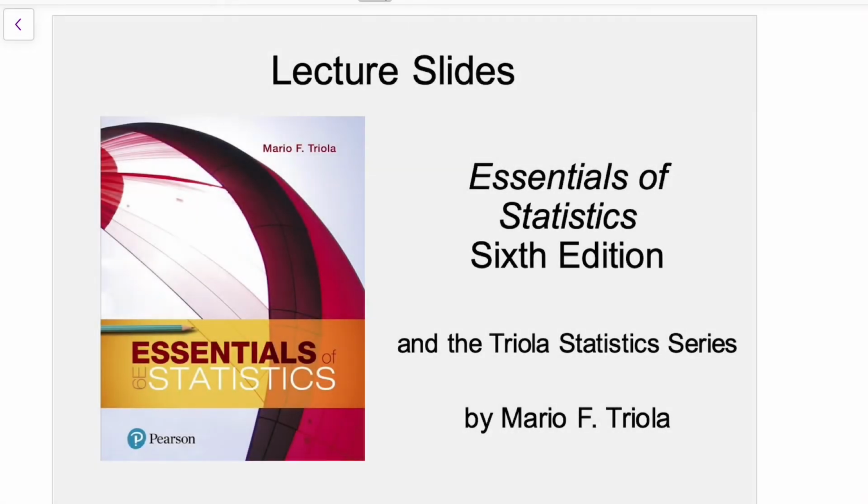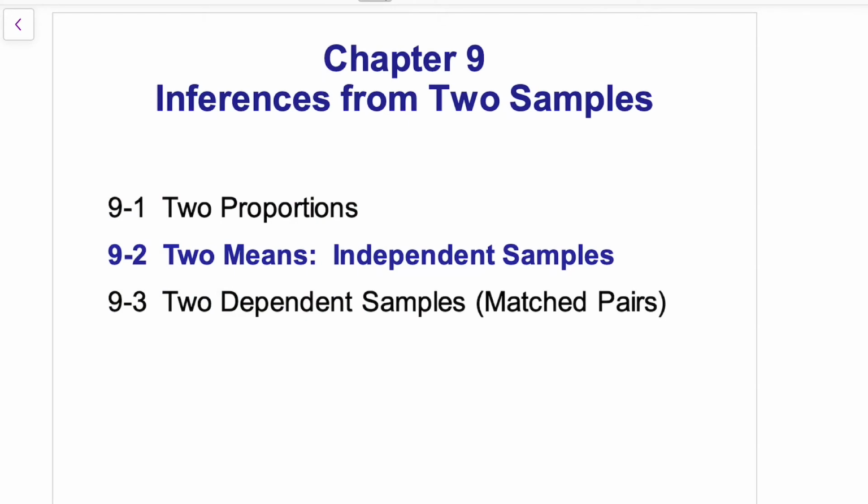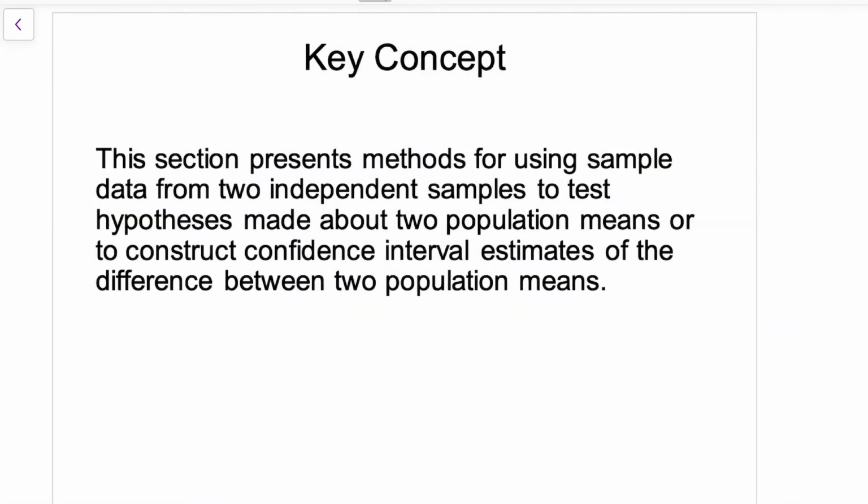Hello. In this video, we will continue with our study of Chapter 9. We will cover the method of formal hypothesis testing when we have two means and an independent sample. Again, in this section, we will present methods for doing hypothesis testing for claims made about two population means and